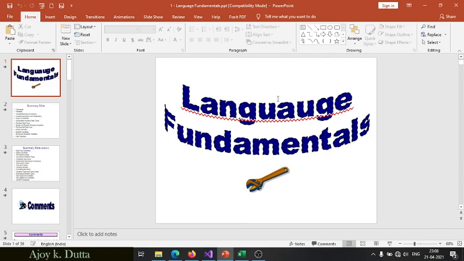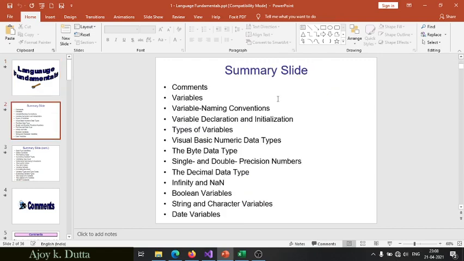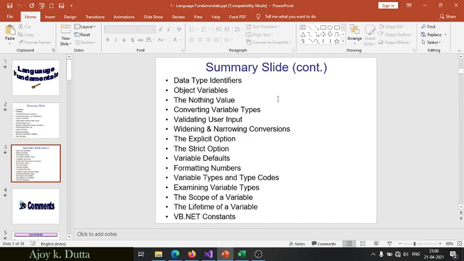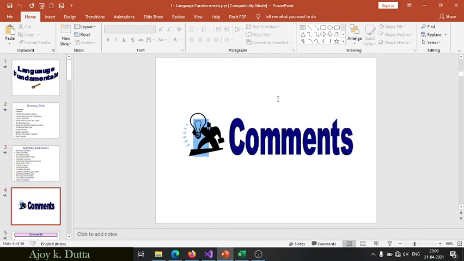I'll be sharing this slide with all of you in our classroom, all right? But here I will discuss the things that I would like to discuss, as much as I can within this time frame. These are some of the topics that I'll be discussing as I carry on, but in some cases I might skip some, though they will be there in this slide. So now the first thing that we learn is how we can create comments in